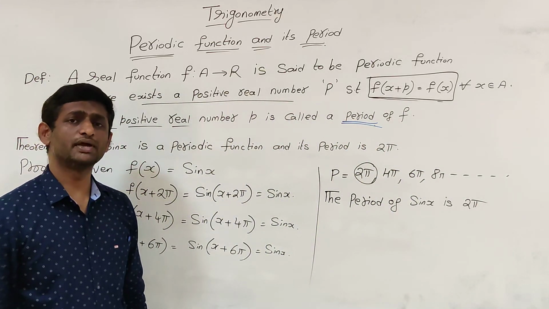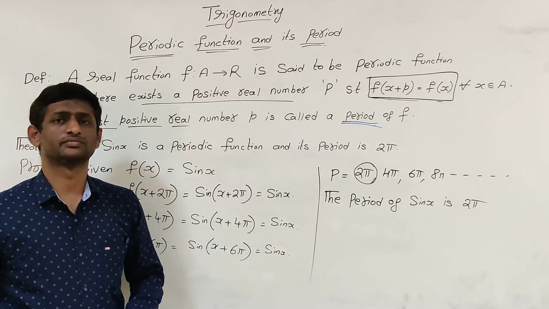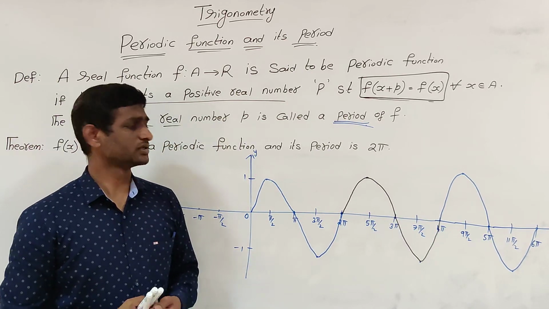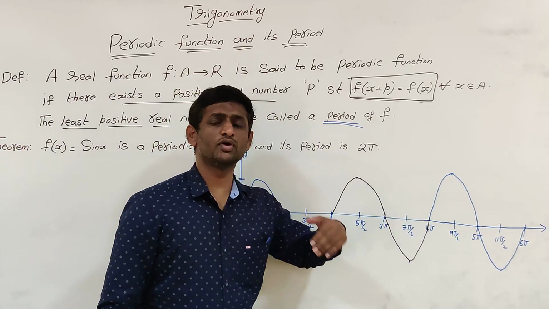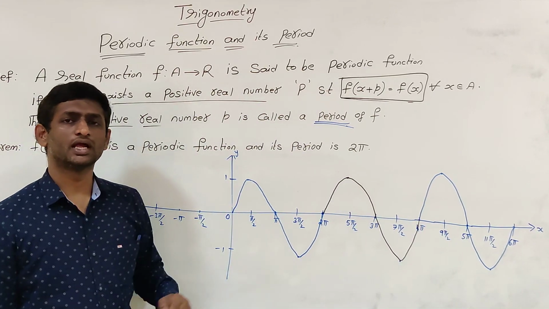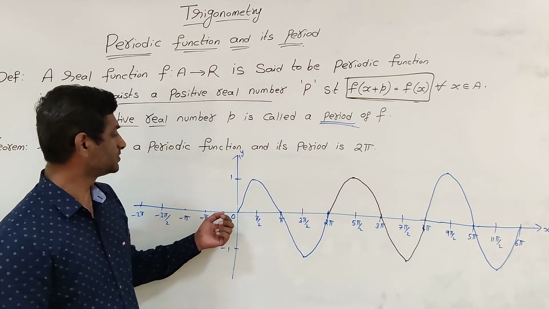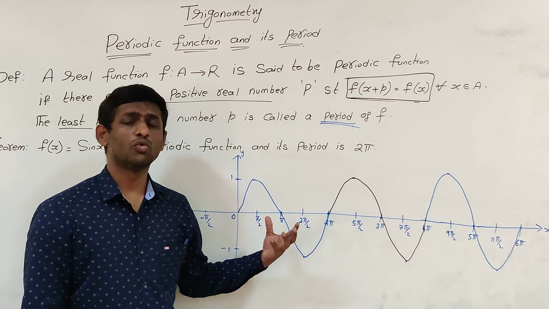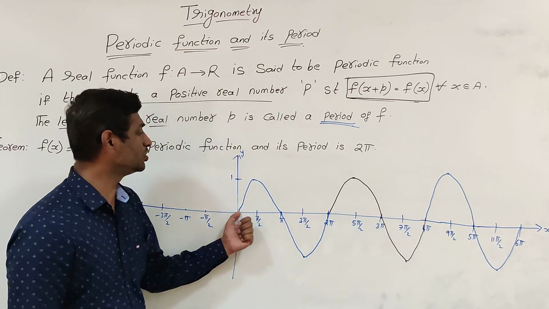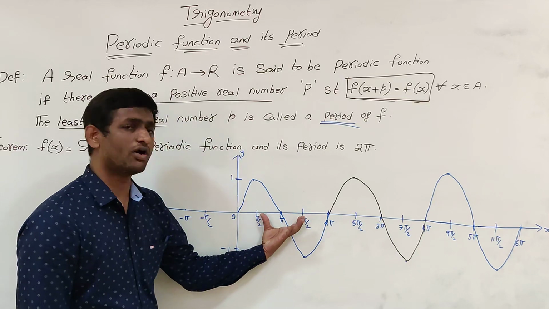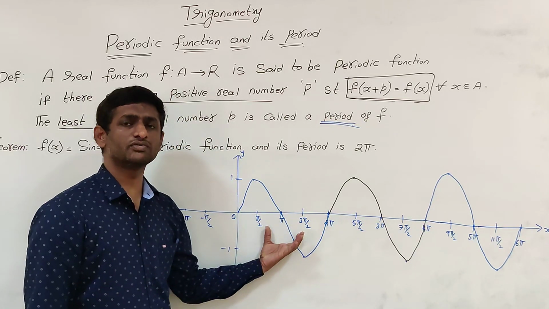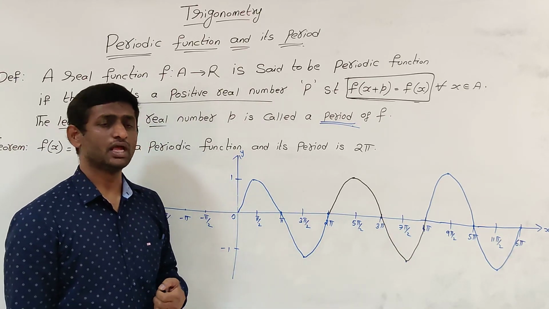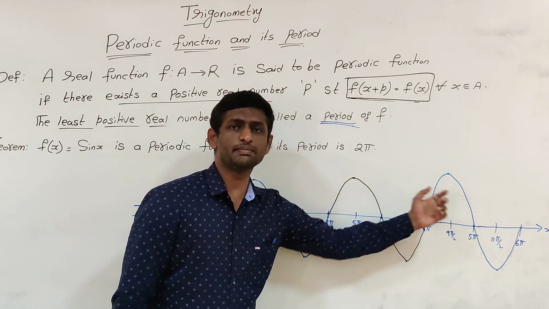Now we'll see the period by using the graph. Let's see the period by using the graph of sin x. So this is the shape of sin x. It oscillates between -1 and +1 and the domain is R. Now if you observe 0 to 2 pi, whatever shape exists between 0 and 2 pi, the length of the cycle is 2 pi. So for every 2 pi units, the shape repeats the same.